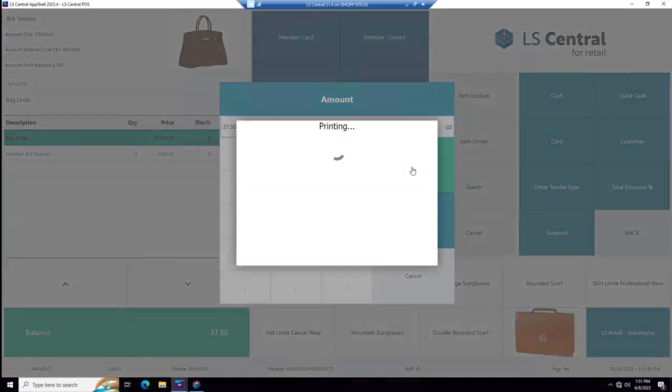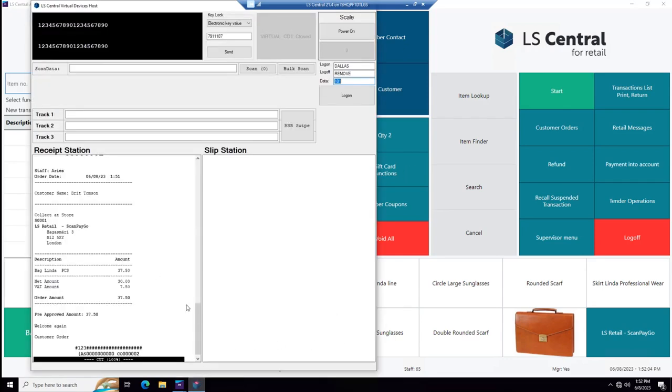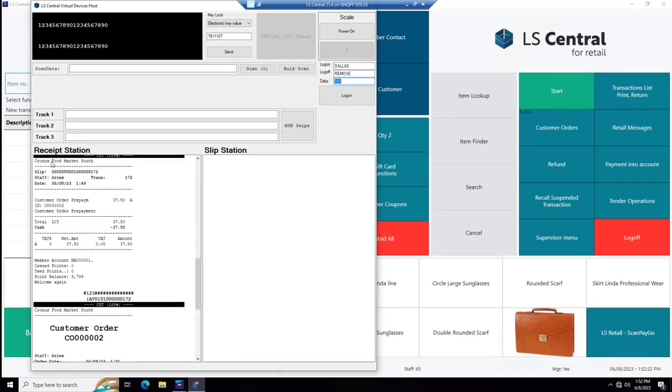And you see printing is processed. And you may have noticed there were two printouts. Let's look at them. I have the virtual printer so I can have a look. The first one is her standard receipt. So this is a slip showing who is selling, the date and information.